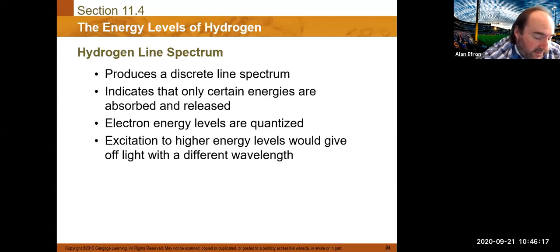More rainbowy, I guess, is the way you could think of it in terms of the colors, rather than these distinct lines that you see. These distinct line spectrums indicate that only certain energies are allowed. Electrons are basically in certain energy levels. And what we're really seeing, for example, is this idea that if we have